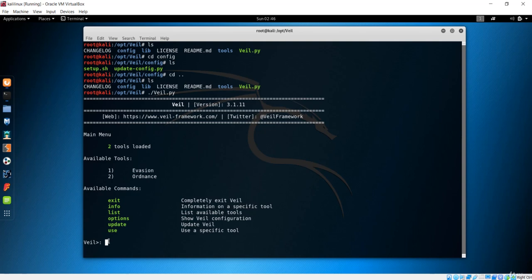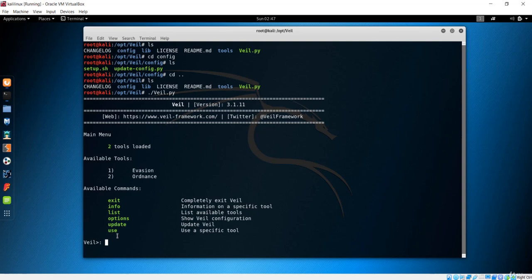So this is basically some changes that Veil makes time and again, because we want the backdoor to be undetected by any of the antiviruses. So make sure you update with this command, which is simply you can type update and you will have the new version of the Veil framework.